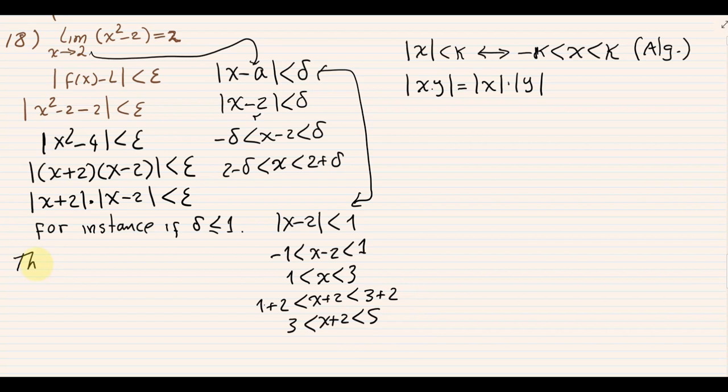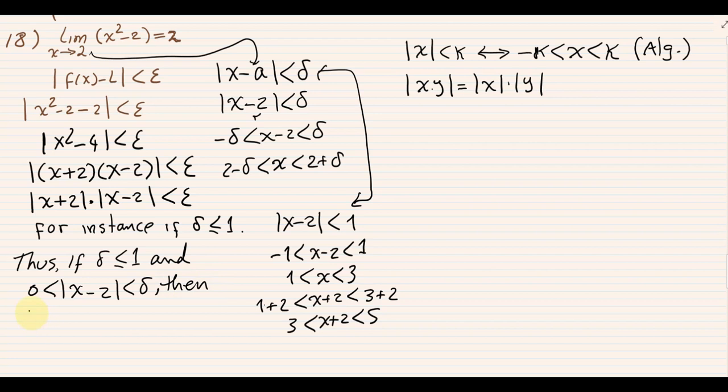So I can write, thus, if delta is less than or equal to 1 and absolute value of x minus 2 is less than delta,